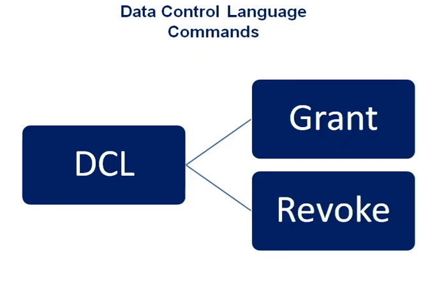Next commands are the data control language commands. These commands are used by the database administrator. At the administration level, the database administrator decides on giving permission to a particular user for accessing the database, for inserting the data, for removing the data, and the database administrator can also take back the permissions. These are called grant and revoke. So granting permissions to the users, and revoking the permissions from the user on the specified databases. This is the job of the database administrator.